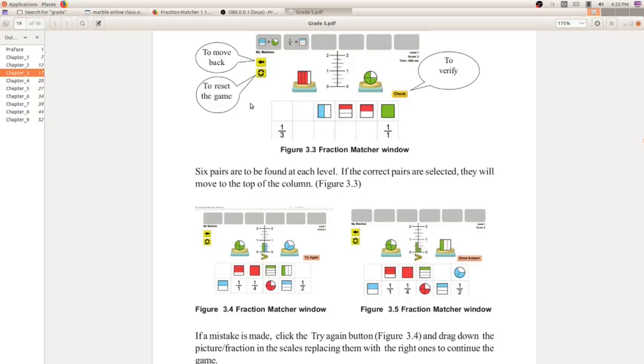Suppose you have played five or six times and you have given so many wrong answers and you want to play again. If you want to reset the game, you can click on this button. It will reset the game and start again from the first position. It will restart the game. My dear students, you got it? So the reset button is used to reset the game, to restart the game again. Hope all are clear about it.